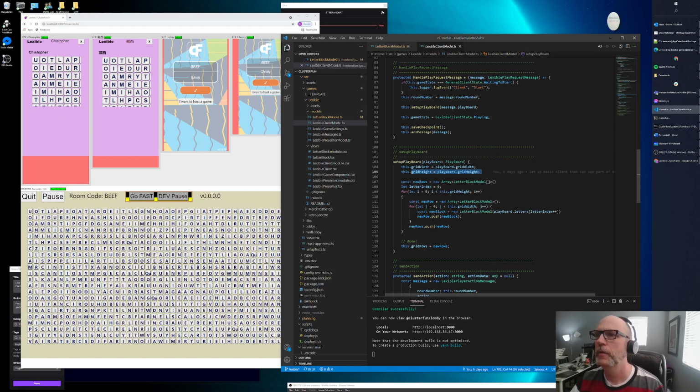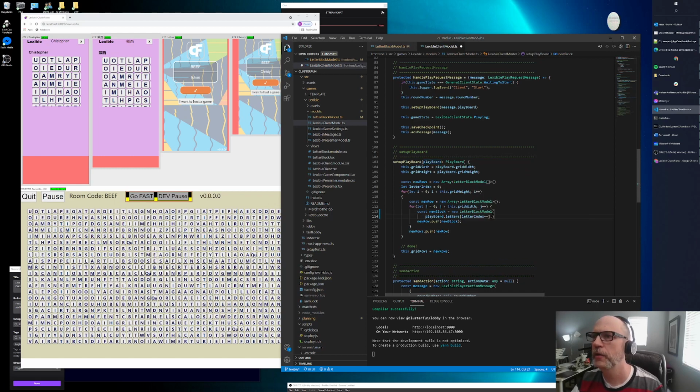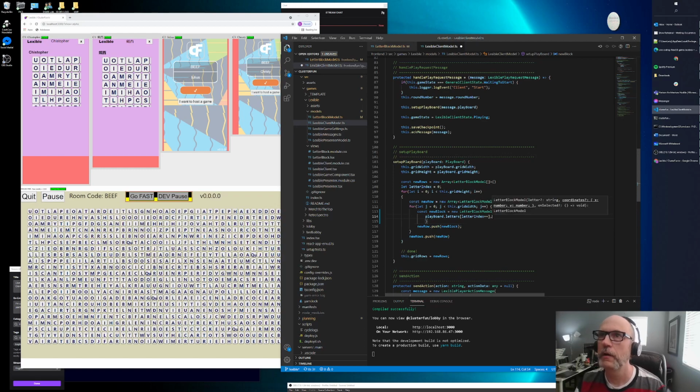So what we need to do here is where we're creating this new letter block model, we need to add a function here. So this is added the letter. Oh, and it wants coordinates. So I added that recently, but I haven't put it here. So let's go ahead and put the coordinates in there. So the coordinates in this case are,